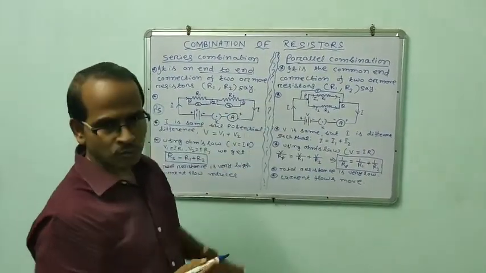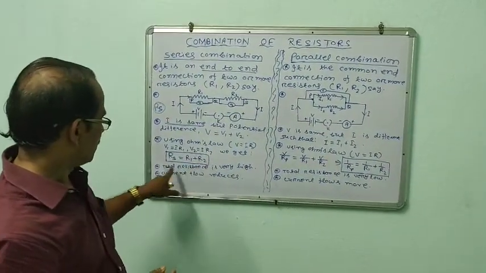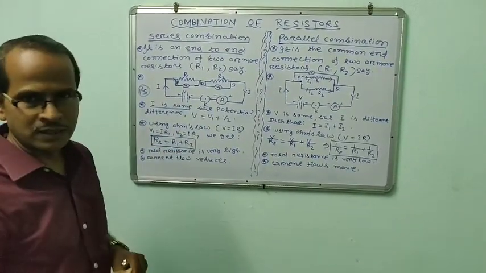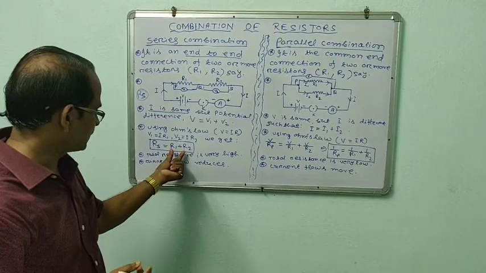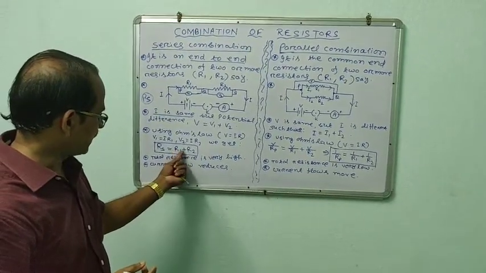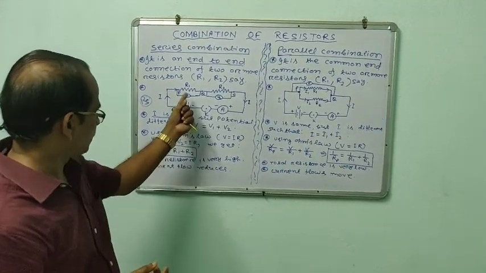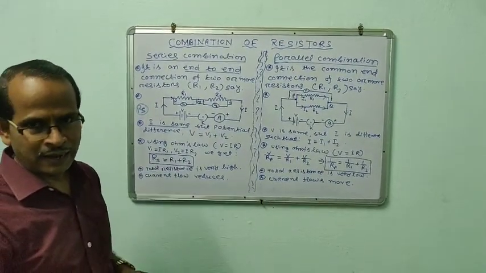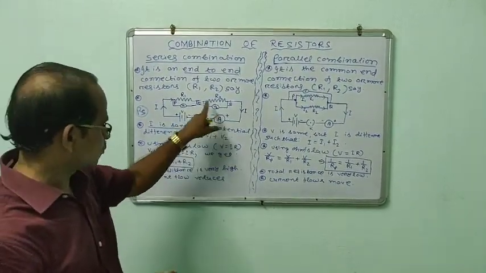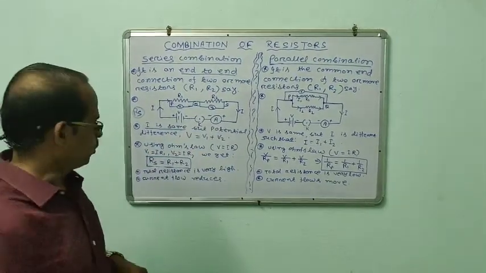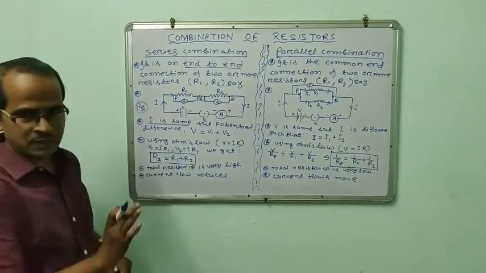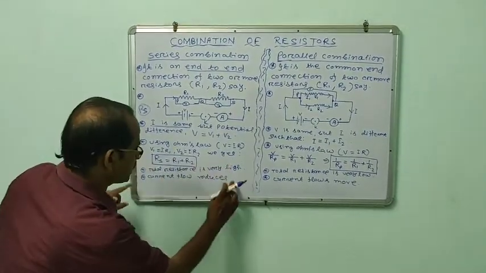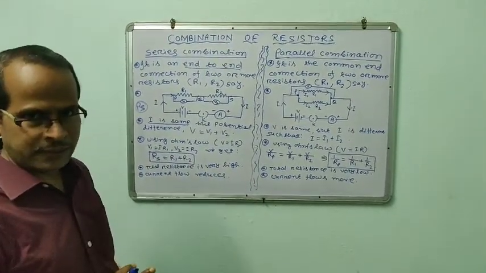This is the total resistance that we get in case of series combination, where the resistance becomes the arithmetical sum. Whatever the values are, they will just be added. The sum of the resistances which we have used here will be the total resistance, that is the series resistance in case of series combination. This observation part we will see after the activity.